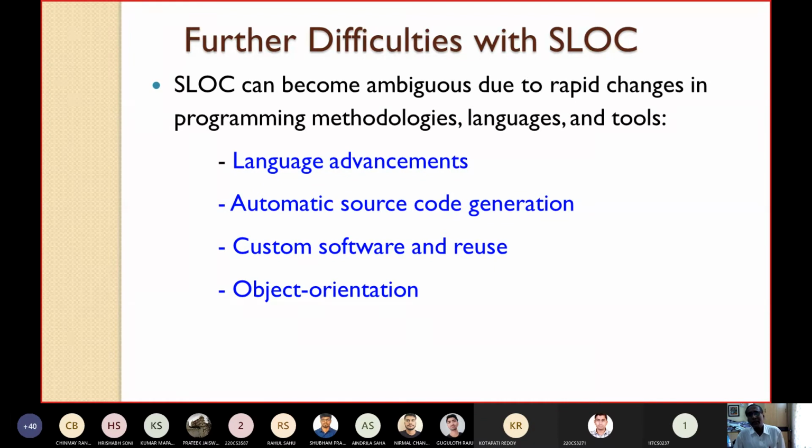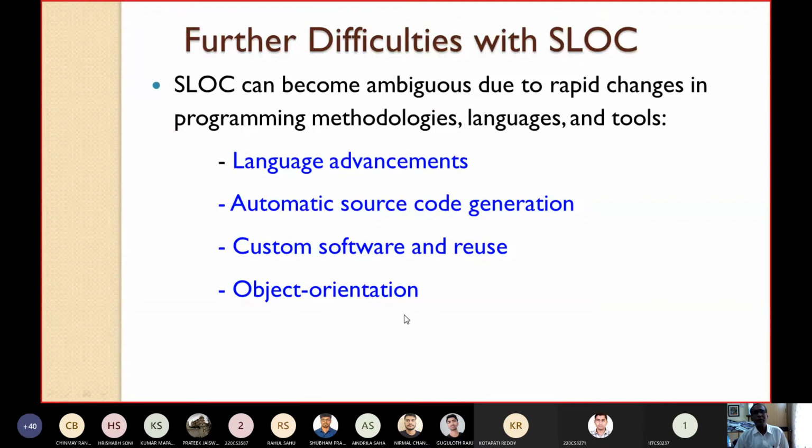A is inherited from B. Am I writing all the code of A? A is inherited from B means all the methods of B are automatically inherited by A. So I am not writing anything else. So how to compute the SLOC here? These are the greatest features of object-oriented programming, but they pose difficulties while computing the SLOC.